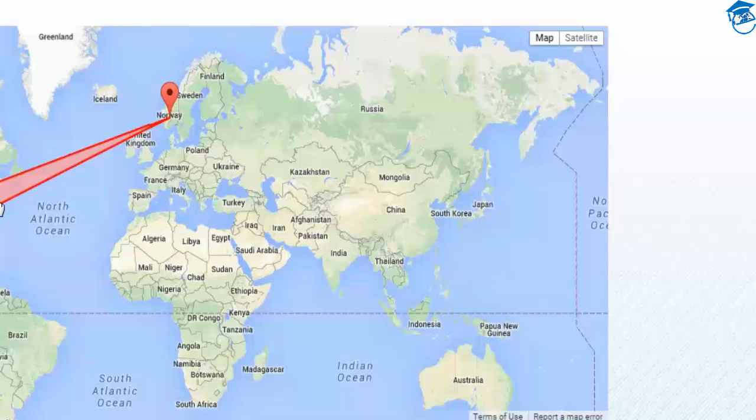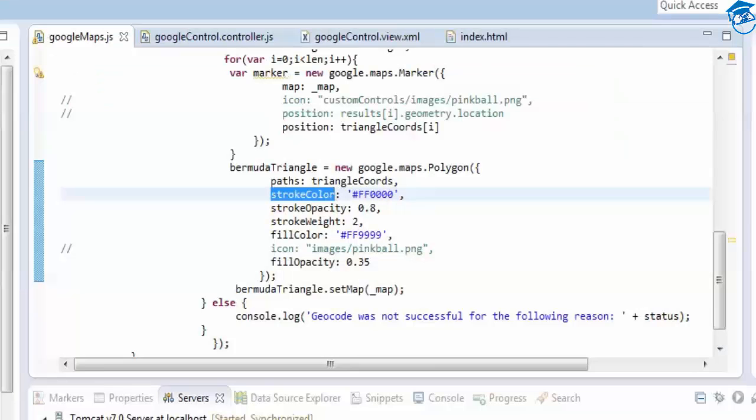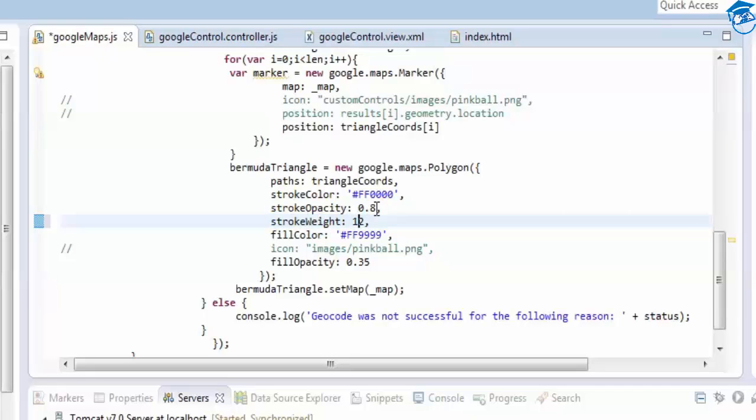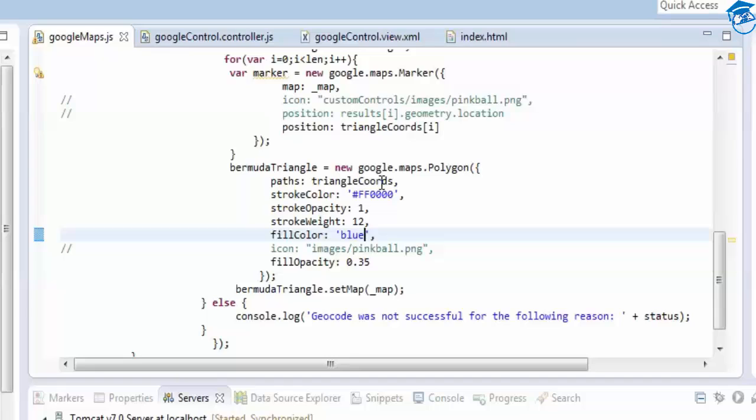And the color you want to display, some blue color, you can do it straight away with the 3 locations. Okay, that is what the stroke width is. So stroke width I'm going to increase to 12 and opacity I'm going to increase it to 1. And then fill color, inside that color I'm going to add the blue color